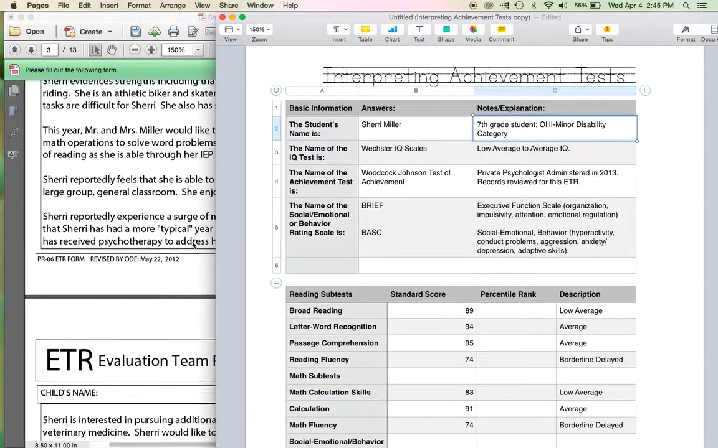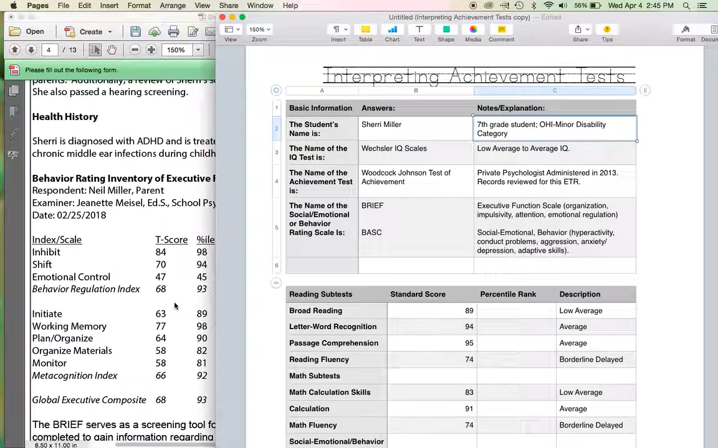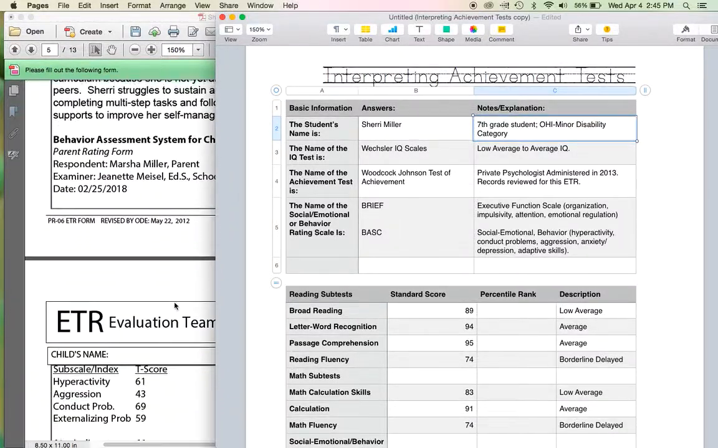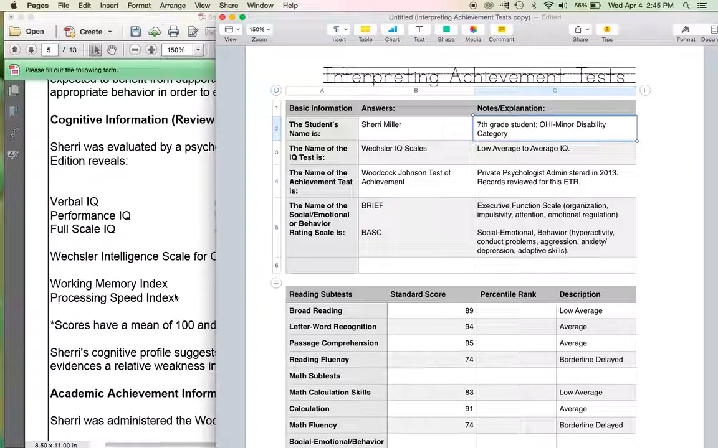Looking at the different tests that are given, I would recommend that you pull out the name of the IQ test, the name of the achievement test, and the name of any social, emotional, or behavior rating scales. In this particular case with Sherry, she did have 2 different social emotional rating scales, so I've listed them both here. Remember, if you get confused about what a test measures or which one is the IQ test, maybe it's a version that we haven't talked specifically about in